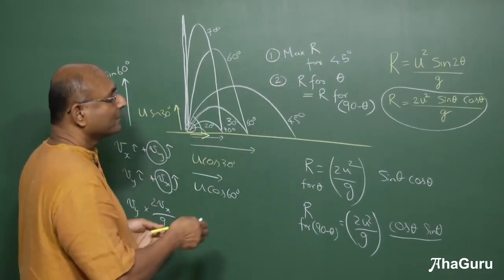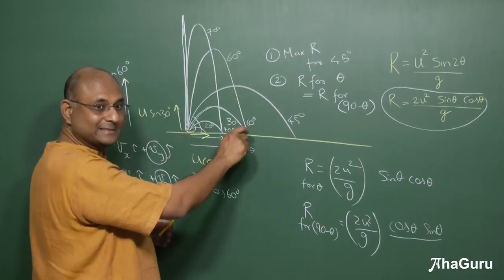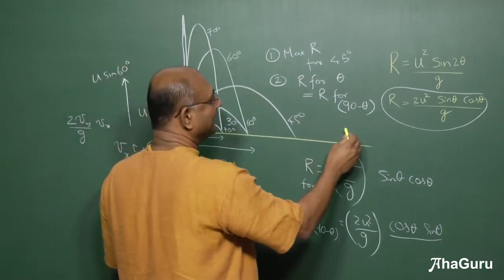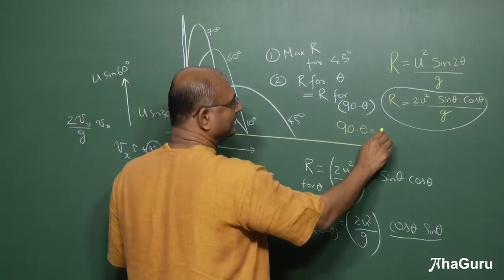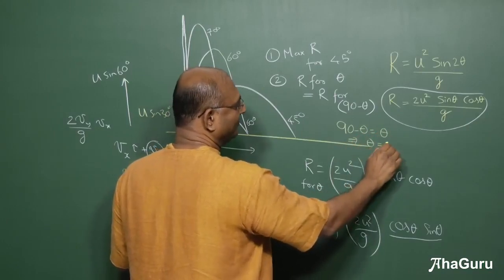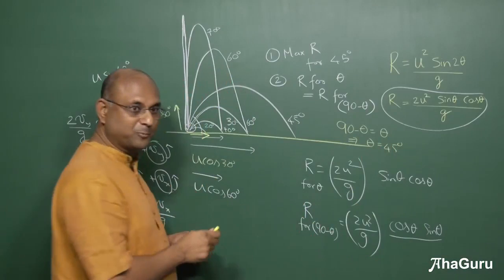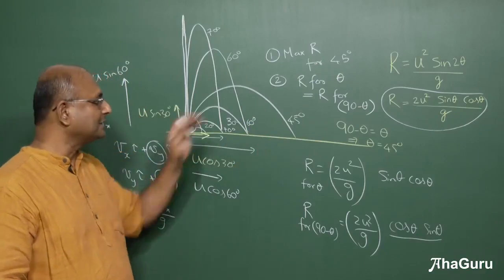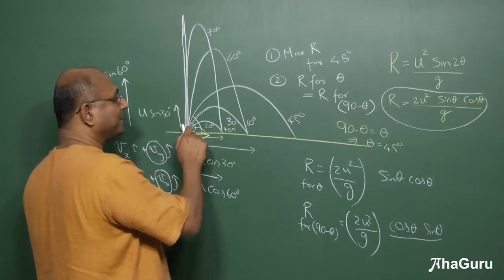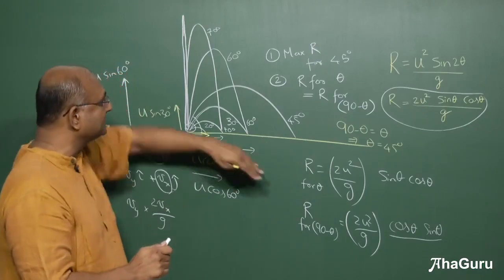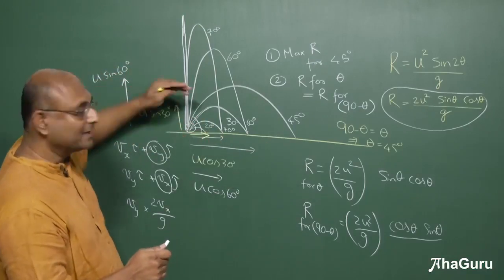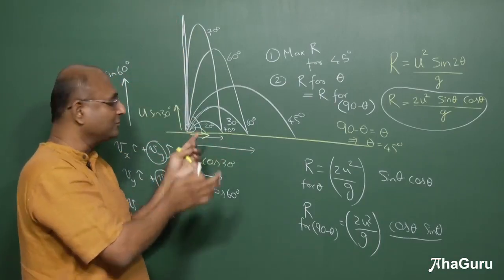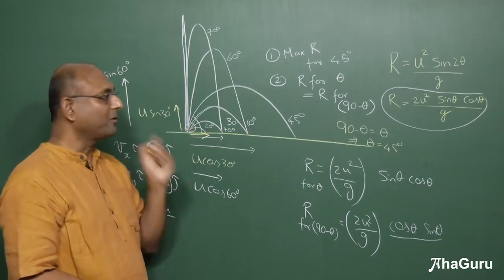Now, if I keep doing this, you can see that as I keep increasing, the thing which will land up with the same range is going to be when 90 minus theta is equal to theta. And that happens when theta is 45 degrees. Now you may not think of this as proof, but that is the place where you have one, you don't have two. You have both of these coinciding, and that is the maximum range. Why do you have a maximum range? Because if you increase it more than 45 degrees, then you have a larger vertical component. So you're getting more time for travel, but you're getting less horizontal velocity. So the product is what matters for range. So the product becomes less.